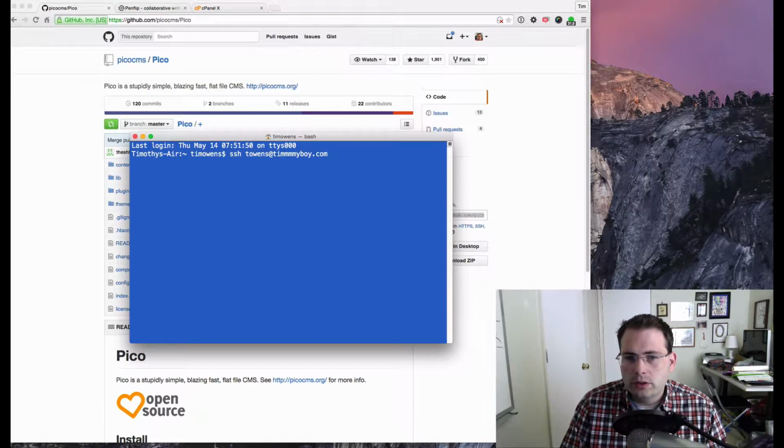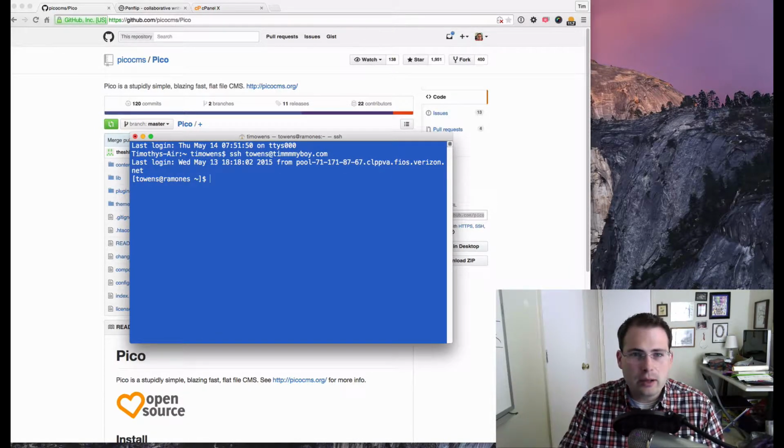So your username is going to be your FTP account. If you have an FTP account from your original email with Reclaim Hosting, if you don't know this, you can just put in a support ticket with us and we'll help you out. But if I do that, it'll prompt you for a password and let you in. I've already got SSH keys, which is an entirely different topic, on there so that it doesn't actually prompt me